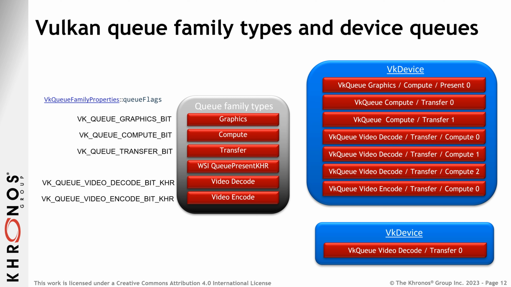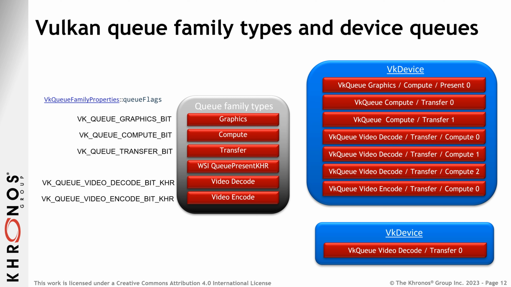So Vulkan Video adds those two additional types, video decode and video encode. If you're looking for a queue with video decode functionality, then you're going to be looking for the queue video decode bit set. And if you're looking for video encode functionality, you're going to be looking for the corresponding queue video encode bit set. As you're probably already aware, when physical devices advertise their queue family capabilities, usually they advertise multiple